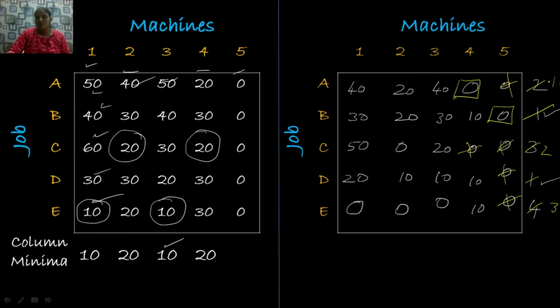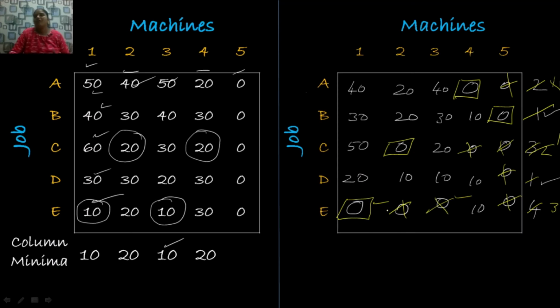Now we move on to the third row. It also has only 1 zero. I am going to make assignment at this position. After making assignment, cross the remaining 0 elements in the same row and column. And fourth row doesn't have any 0 element, so you go for the last row. So it has 2 zeros. That is, we have two options. Either we make an assignment at this position or this position. So arbitrarily I have to choose this position for making assignment and cross this 0 element.